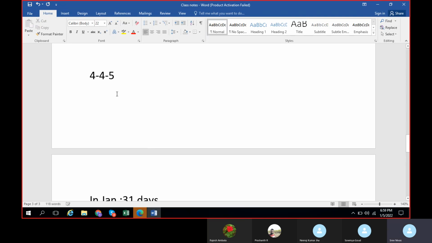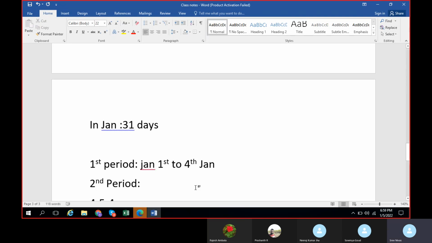And the next is also 4, and the next is also 4 only. Then the next period will start from 5th Jan, to 5, 6, 7, 8, 8th Jan.